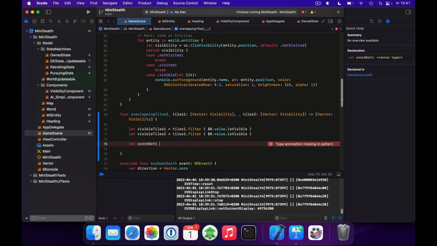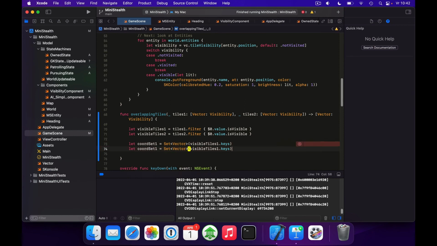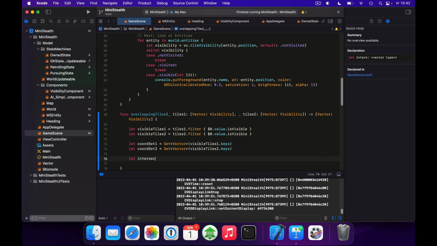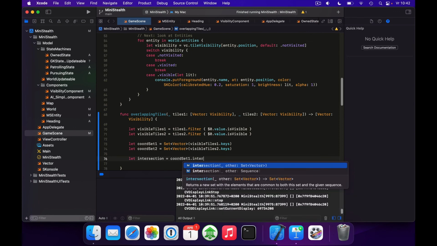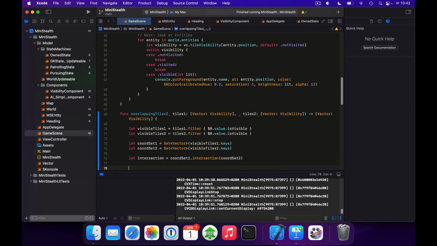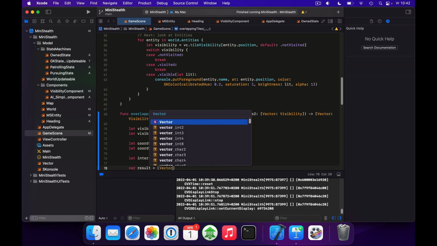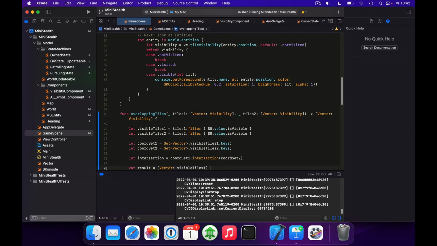So we have a coordinate set of type vector from visibleTiles.keys, and we'll have a second one for visibleTiles2, and then we'll have an intersection that is going to be coordSet1.intersection(coordSet2), and we'll have a result. It's going to be a vector to visibility dictionary,